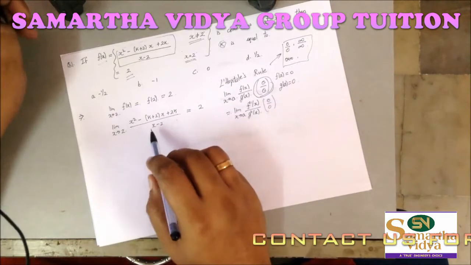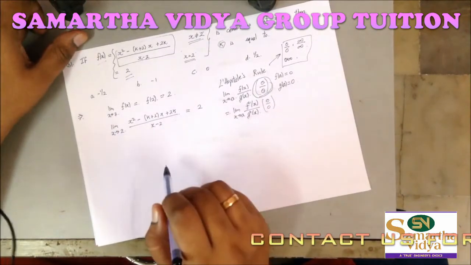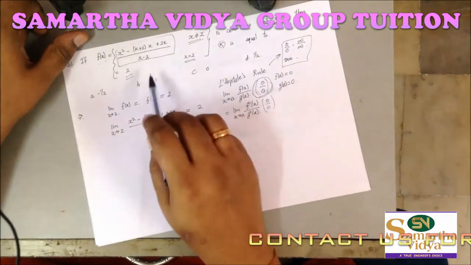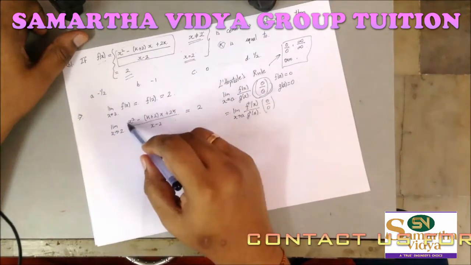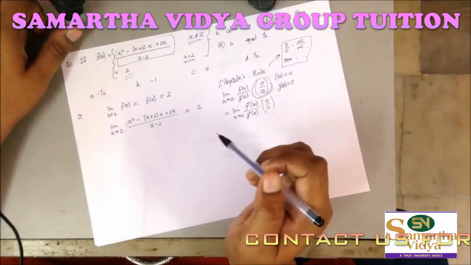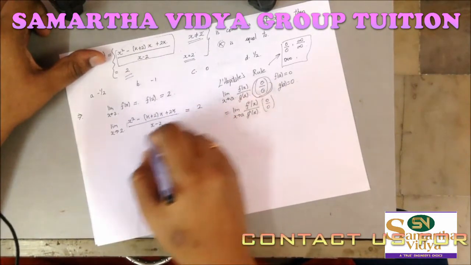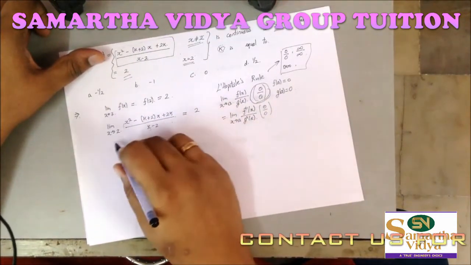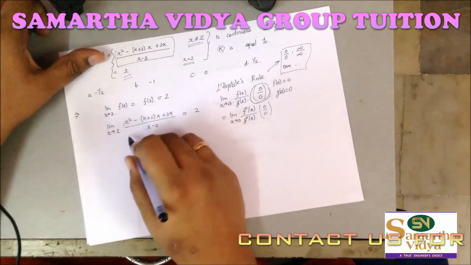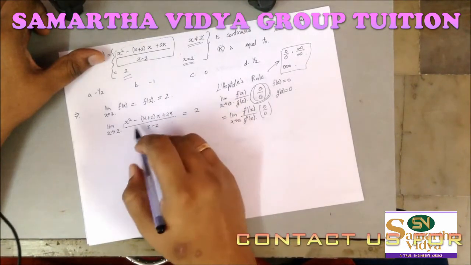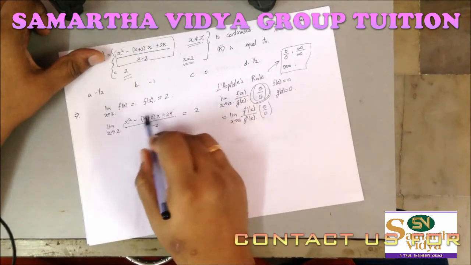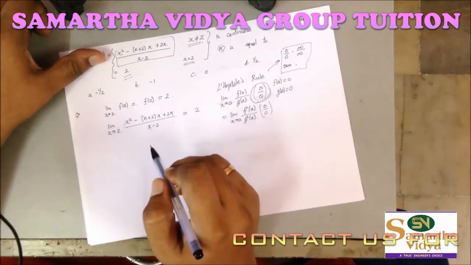So now I need to apply the L'Hopital rule over here, and since it is said that it is continuous, that means this limit is going to exist. So I have to bring this thing into the 0 by 0 form. You can see already in the denominator, if I substitute x as 2, I will be getting a 0. So I need that the numerator should also be 0. So let us just check if it is going to be 0.